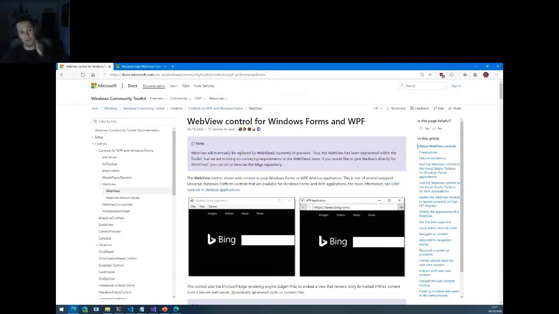Now, the note here says that even this WebView is already kind of deprecated and will get replaced by WebView 2. So what's the difference? The WebView here is actually the old Edge engine. You know, the modern Edge browser that Microsoft included in Windows 10. The not Chromium-based one, that's the WebView control.